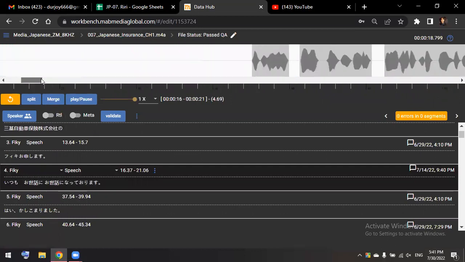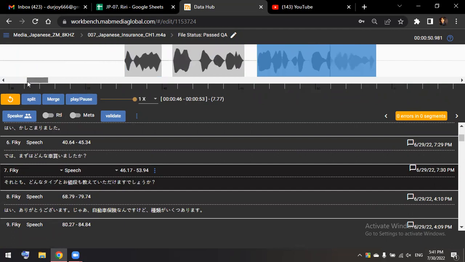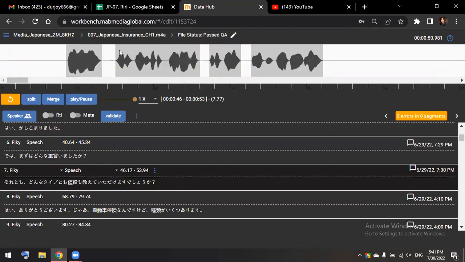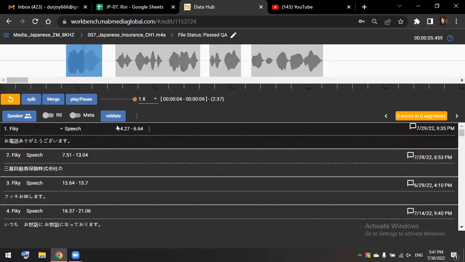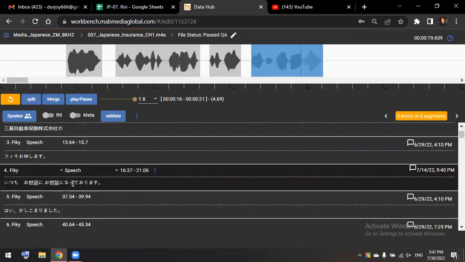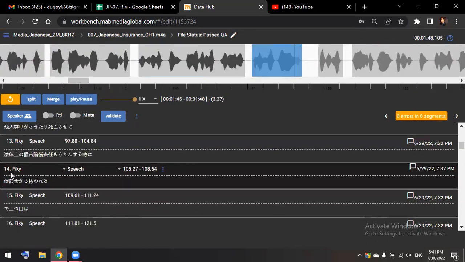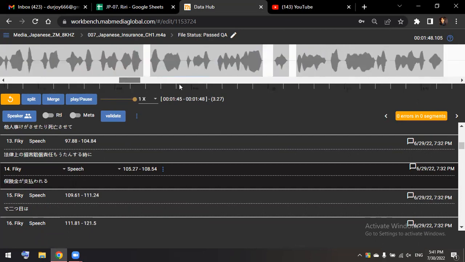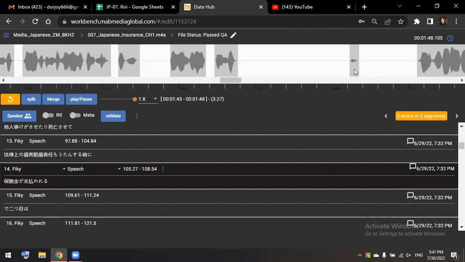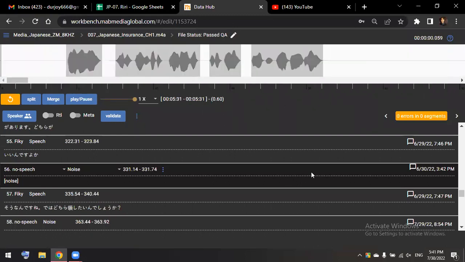Each segment has its own box, like this one is number 1, this one number 2, this one number 3, this one number 4. This one is number 14, and the last one is number 56. Each segment has its own box for transcription.